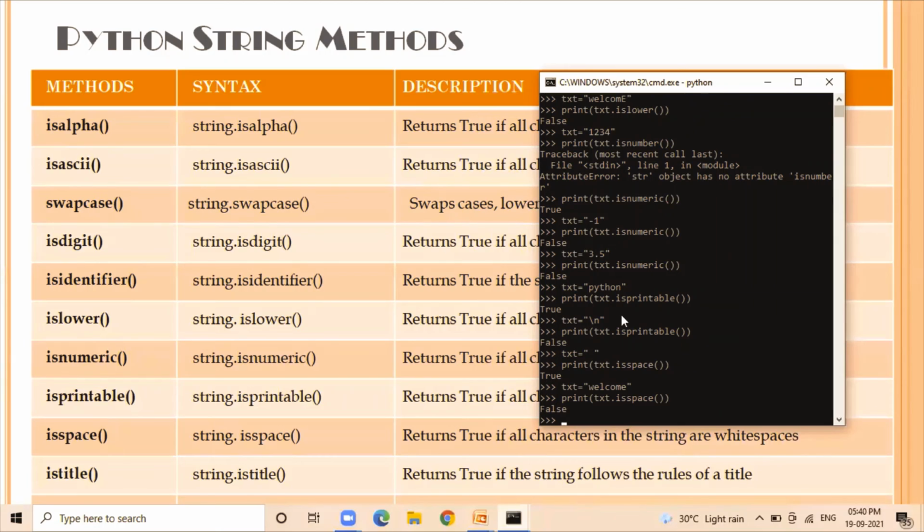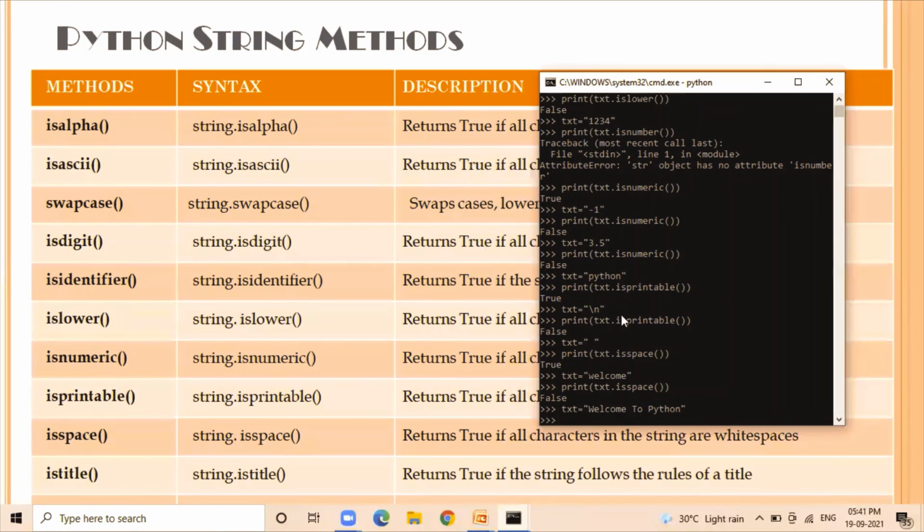Next, we have the method istitle, and this istitle function checks whether the first letter of each and every word of the string is a capital letter. So in case each and every word has a first capital letter, then you can use the istitle function such that it gives you true as a result.